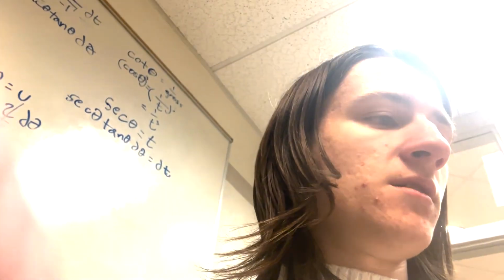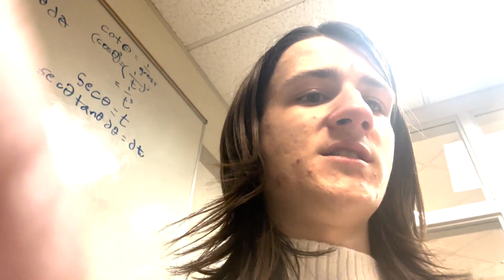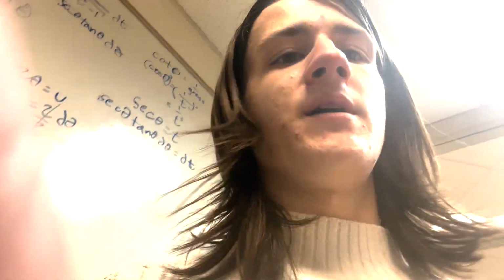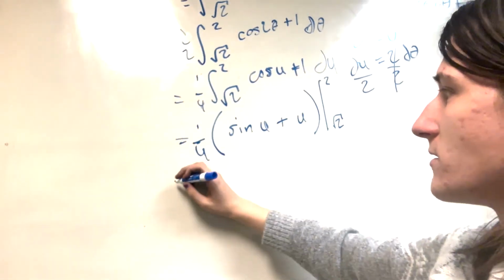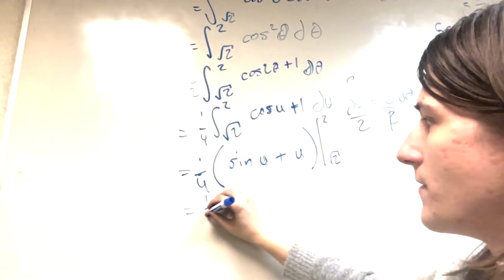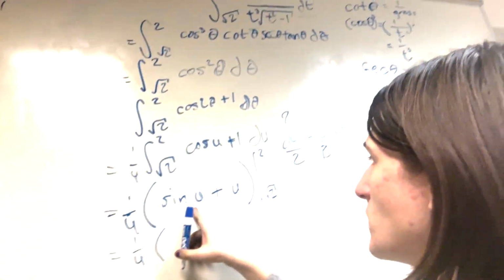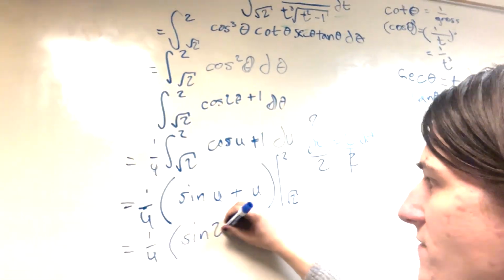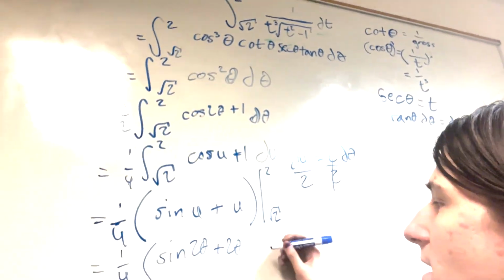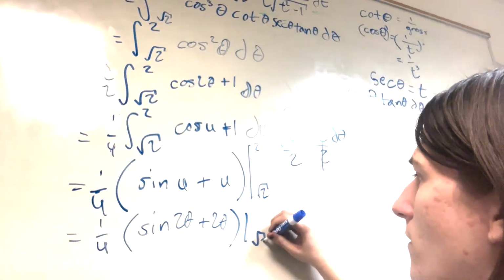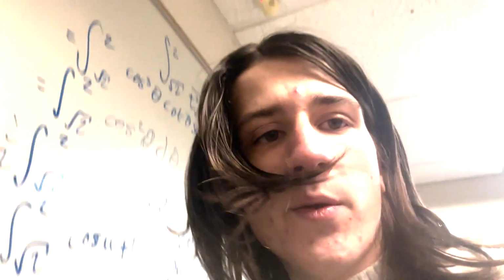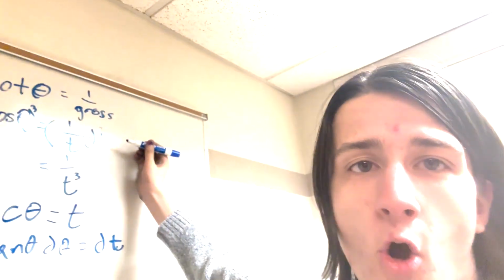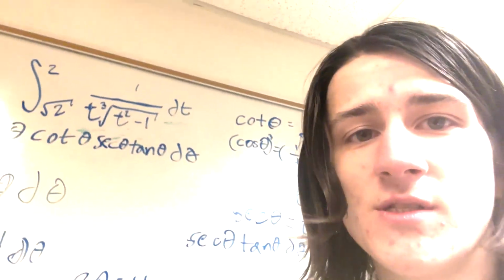Okay, this is pretty simple from here. Not pretty simple. I don't know, you'll see what I mean in a second. So now we can plug in our thetas for our u's. We know u is equal to 2 theta, so this ends up being sine of 2 theta plus 2 theta from root 2 to 2. And now we can go all the way back to our t terms and plug those in for our